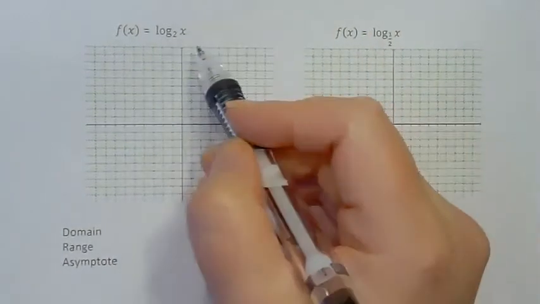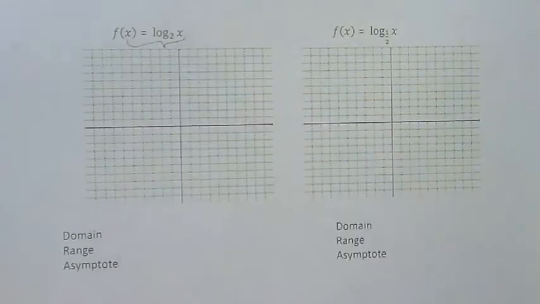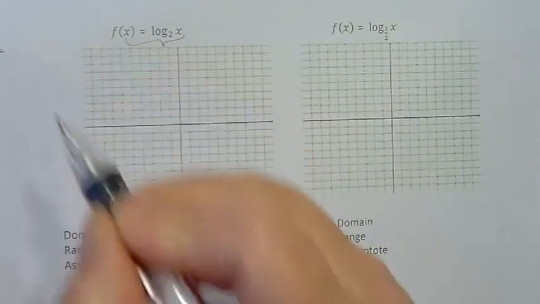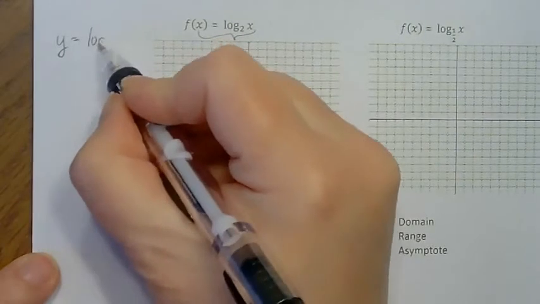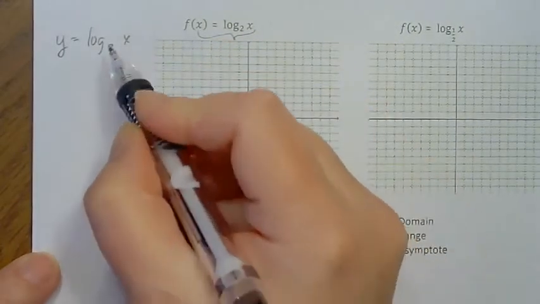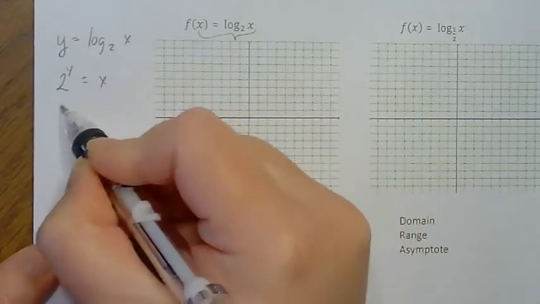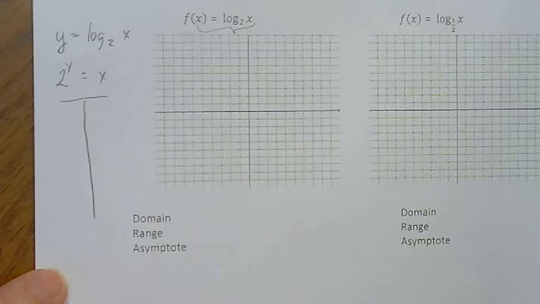So if you wanted to, you could change this to exponential form. So instead of graphing log base 2 of x, this really means y equals log base 2 of x. So I could change this to 2 to the y power equals x. And instead of putting numbers in for x, I could put numbers in for y and see what I get